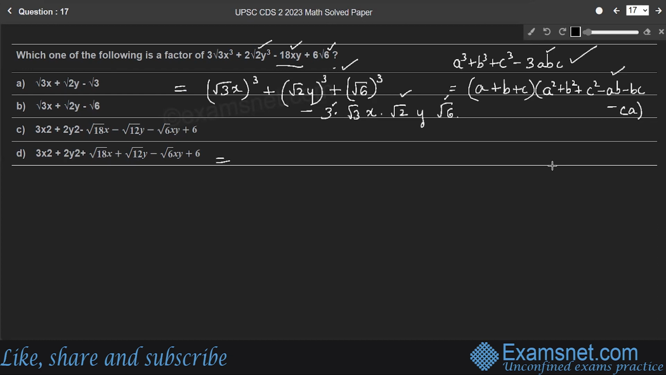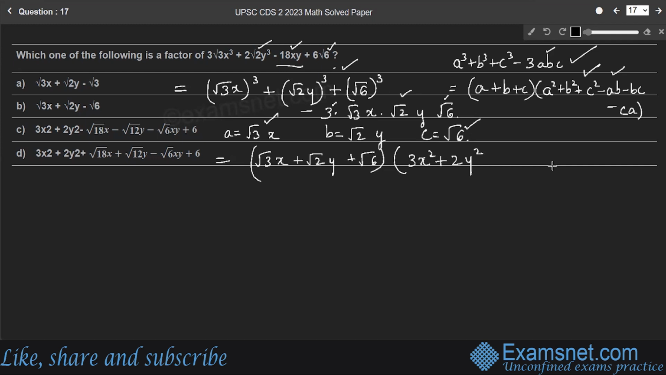A is root 3 into x, b is root 2 into y, and c is root 6, right? So a plus b plus c becomes root 3 into x plus root 2 into y plus root 6. And the next term is a square plus b square plus c square. So a square is 3x square, plus b square is 2y square, and c square, root 6 the whole square,